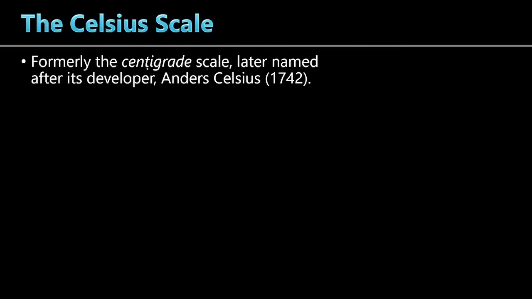Now, let us discuss the various types of temperature scales that will be used here in physics. Let's start with the most familiar temperature scale, which is commonly used all around the world, which is the Celsius scale. So the Celsius scale is formerly known as the centigrade scale, and this is named after its developer, Anders